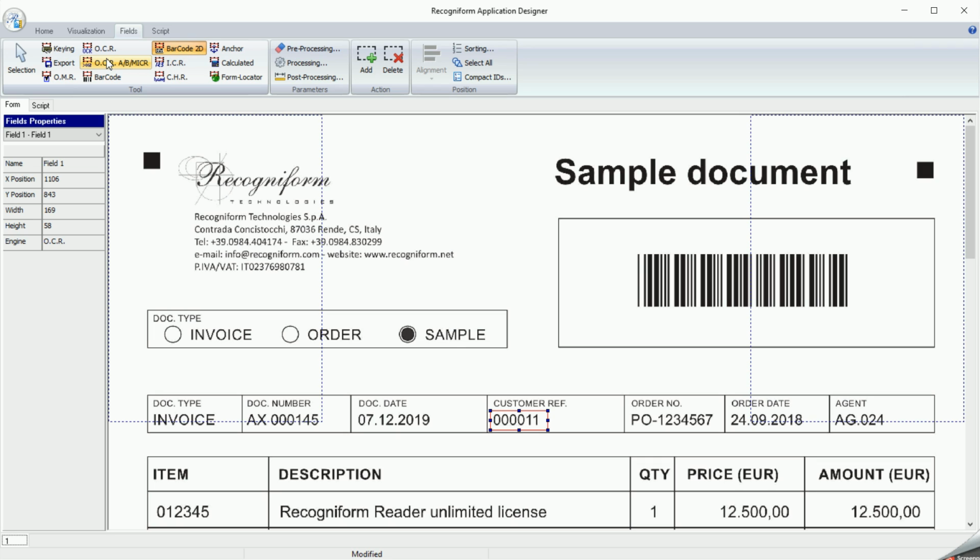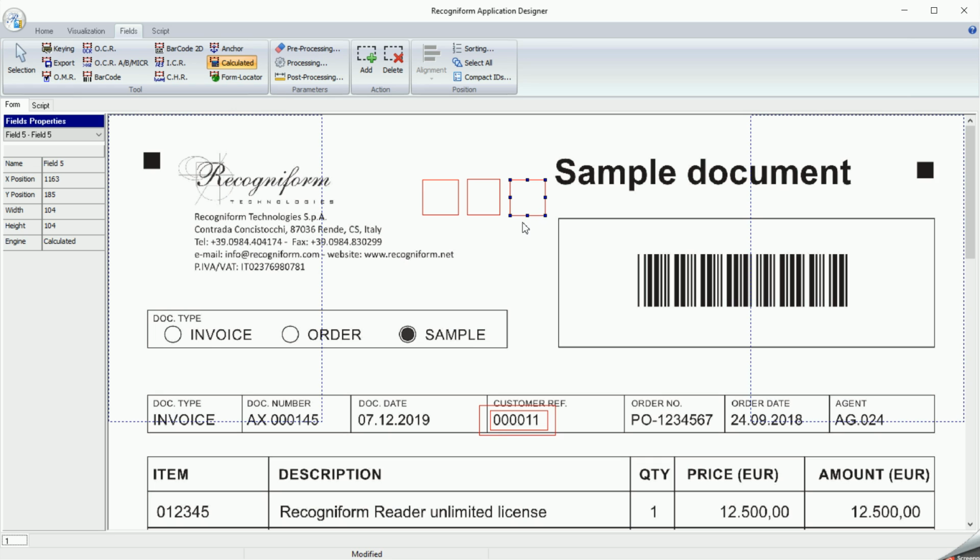You can also create overlapped fields, with different engines. This may be useful when you're not sure about how the field is going to be filled. It's also possible to create calculated fields, whose value can be set by script. For example, a calculated field named birth date may be created to get the concatenation of day, month, and year